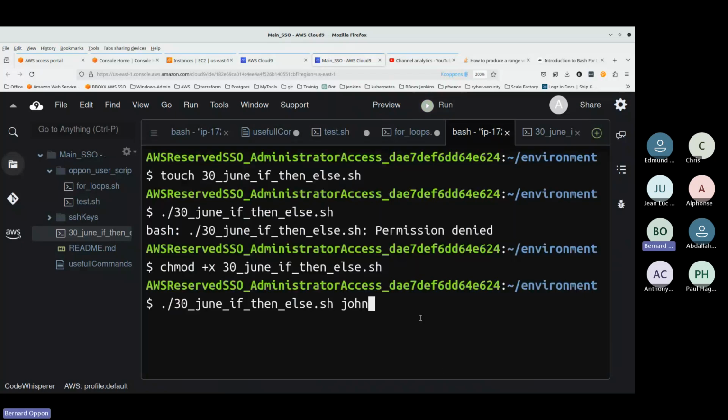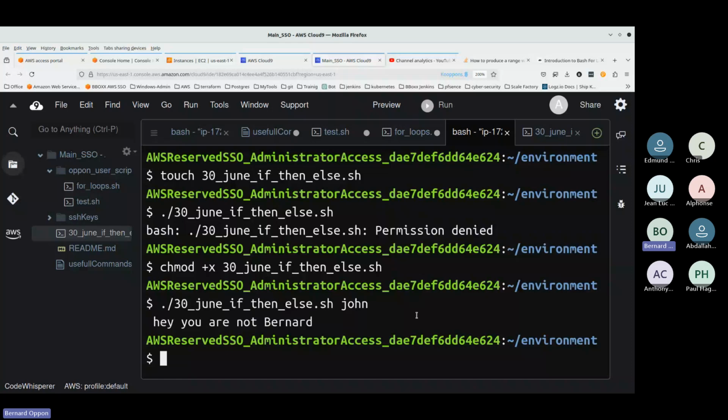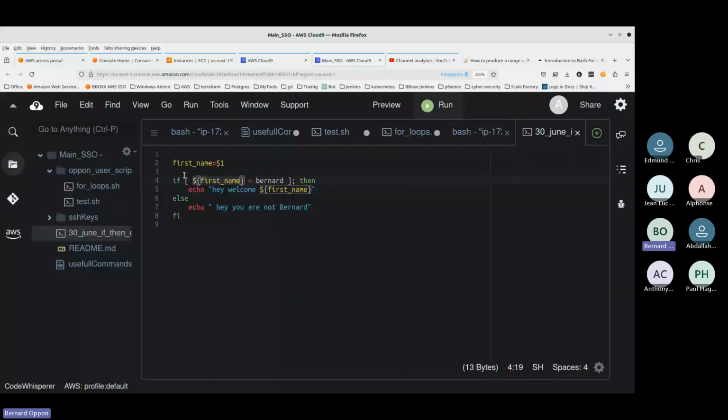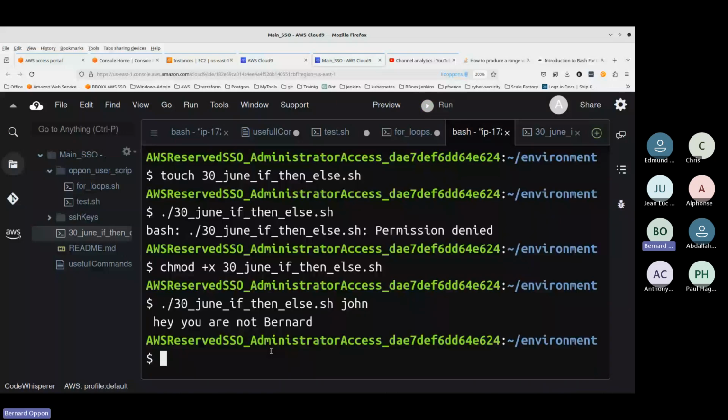Okay, and if I run it, boom, see, it says, hey, you're not Bernard, because it checked this condition, and it didn't meet that condition, so it didn't run this code, the echo here. It went and ran this echo one here. If I then give it the correct name, it will run this code here, line 5. So it skipped line 5 and ran line 7. Okay. So if I actually provide Bernard,